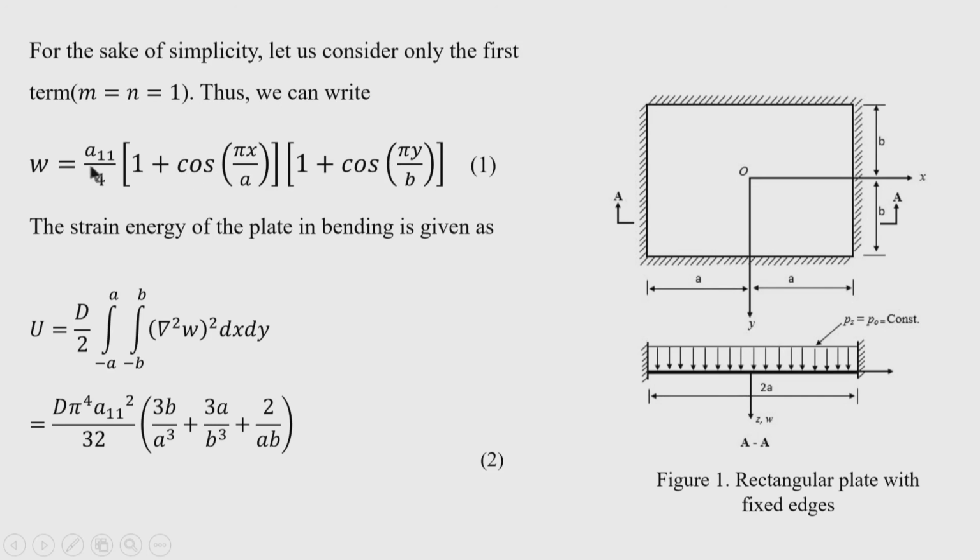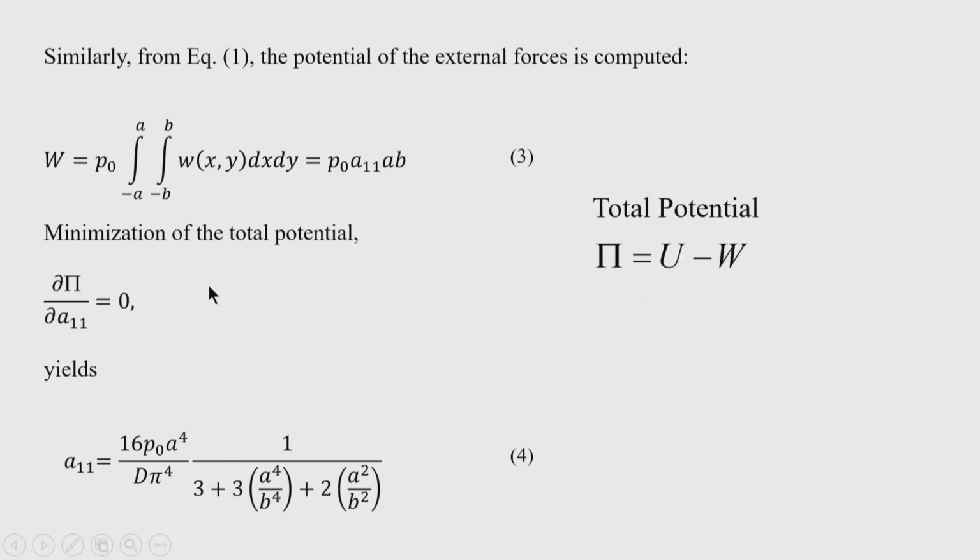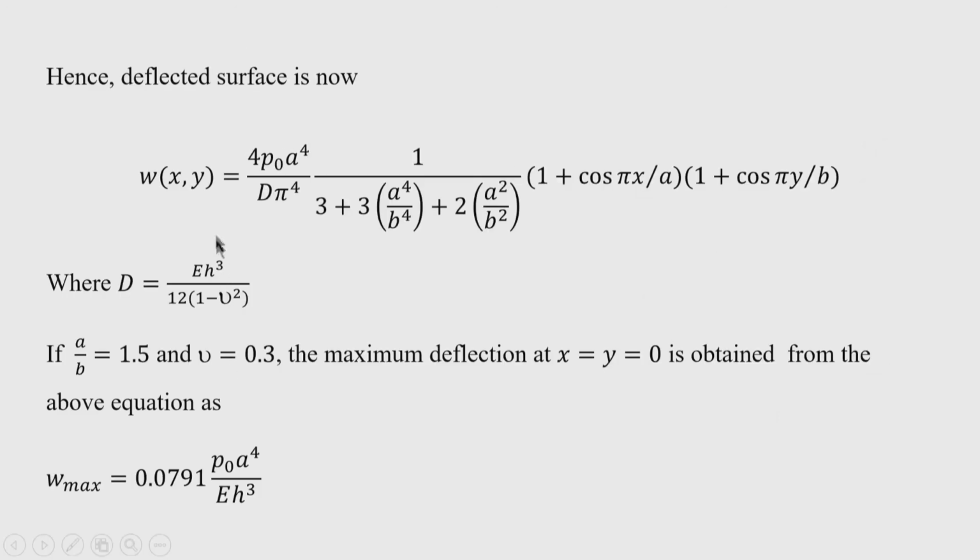So, once the coefficient A11 is found, the deflected shape that we take for solving the problem can be found out. So, A11 is this expression, and if I now want to calculate, for example, if I take a rectangular plate which has an aspect ratio of 1.5. What is the meaning of aspect ratio? Aspect ratio is nothing but the ratio of the length to the breadth of the plate. So, if a is the length of the plate and b is the breadth of the plate, then a by b is the aspect ratio.